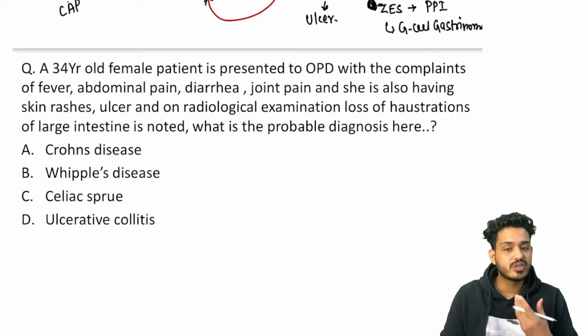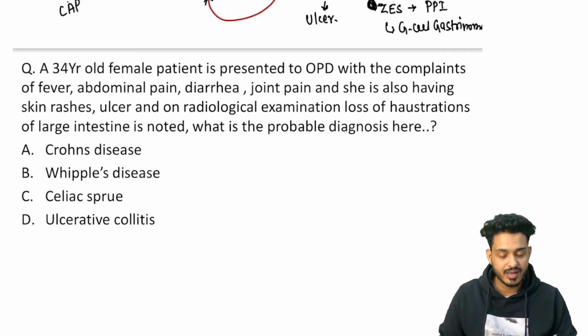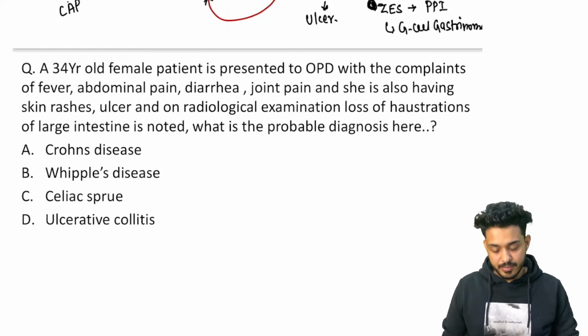ulcer. अगर पेशेंट को खाते ही पेन हो रहा है, that means patient is having gastric ulcer. अगर खाने के बाद में पेन रिलीव हो रहा है, मोटा पेशेंट है, बहुत सारा थोड़ा थोड़ा टाइम में खाता है, that is going to be your duodenal ulcer, right? Okay, so